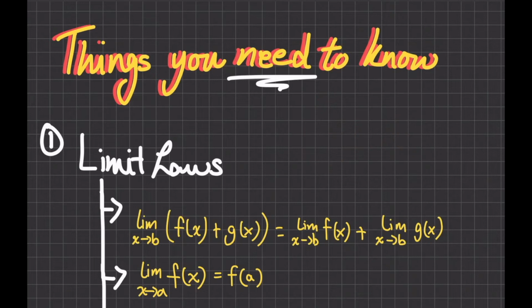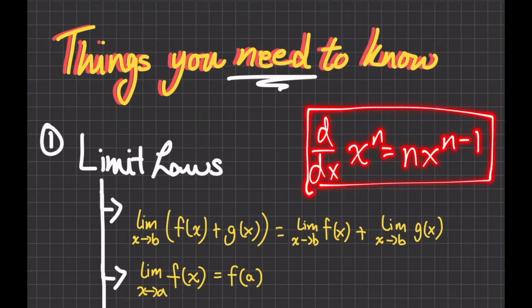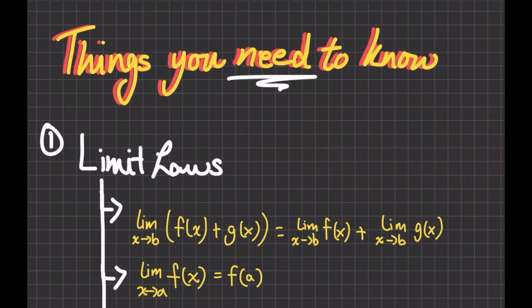Hello everybody, my name is Ruhaan and today we will be deriving the power rule, which goes as d over dx of x to the power n is the same thing as n times x to the power n minus 1. I'm pretty sure if you are learning calculus, this is one of the most important